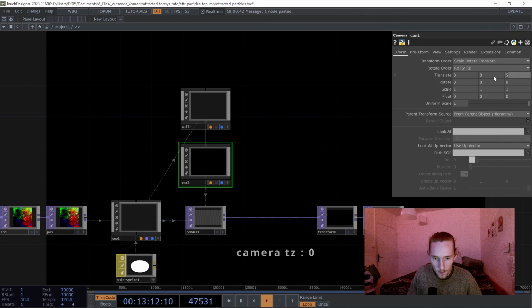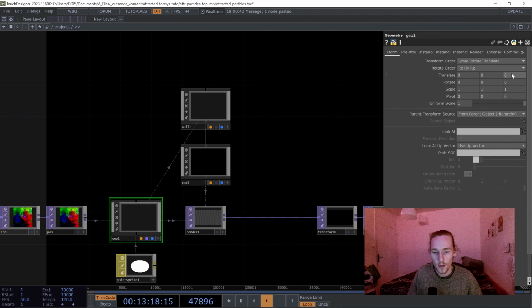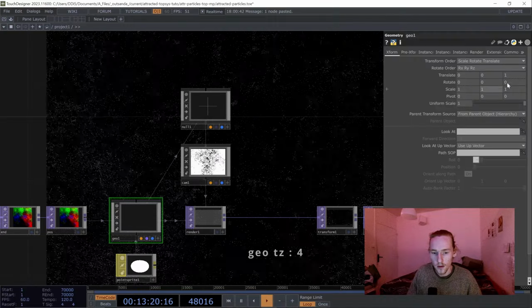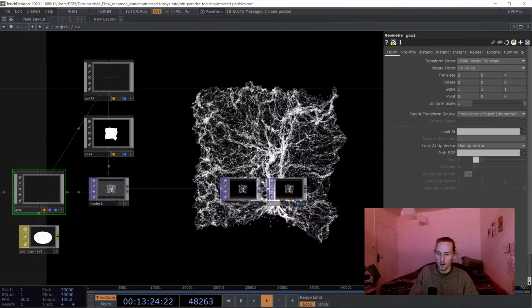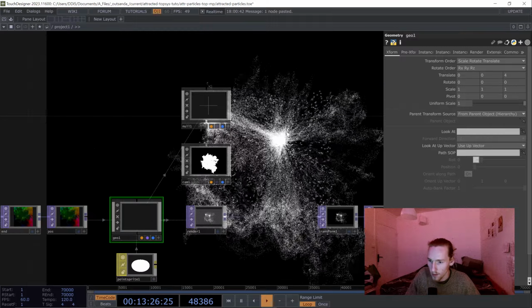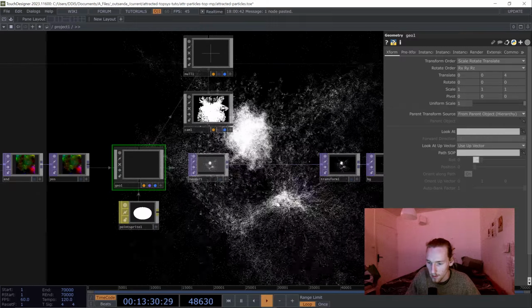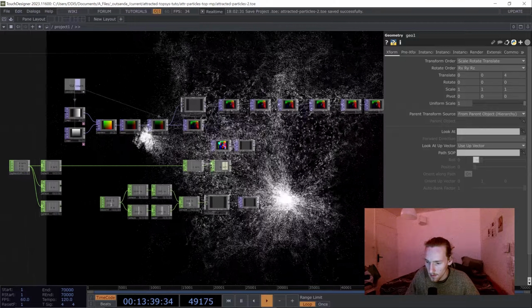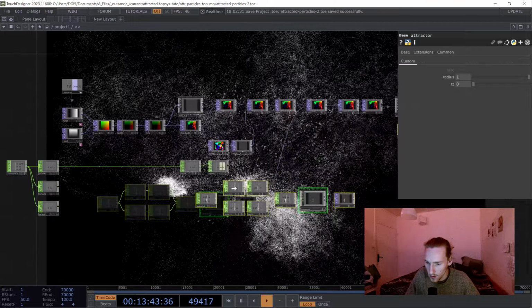Now in the camera set the translate z to 0, and in the geometry go to Xform and set it to 1 or 3, 4 maybe. So now we have a clear view of our system. You can save this if you want. Now we need to do a few more adjustments, of course,